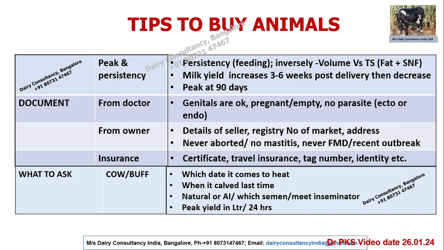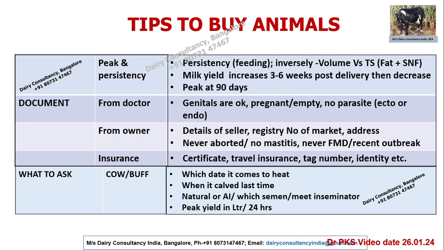Now come to what to ask. Which date does it come in heat? Very important. Every animal's heat date is final. So you will be calculating when the next heat will come, right? And when it calved last time, these are the things. Also whether natural AI was done, or it was with semen, or with sex-sorted semen. And if it is possible to meet the inseminator,